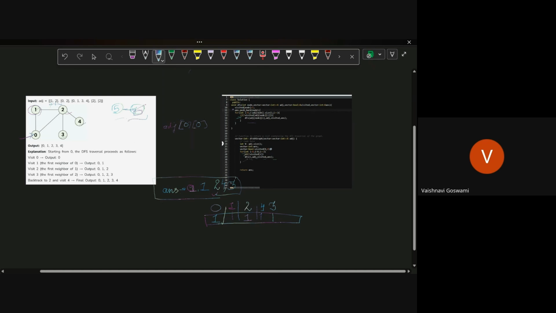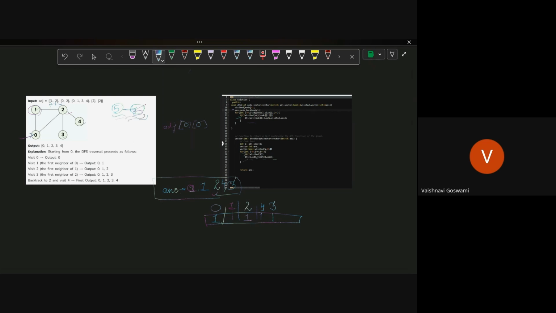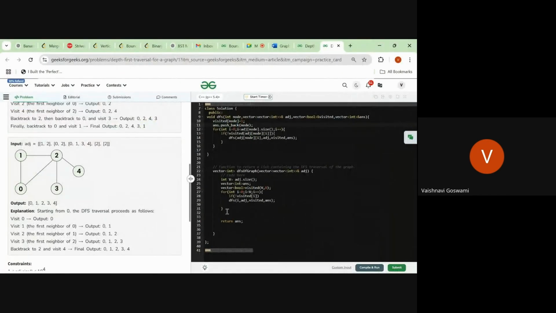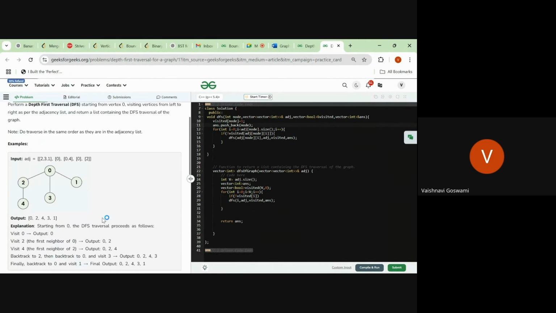So it will make a DFS call to 5, and 5 will be visited in the same way as we visited this, and then we will get output 5 and 6 also. So that's why this loop is important in case of disconnected graphs. We can visit them properly with the help of this loop if the graph is disconnected.